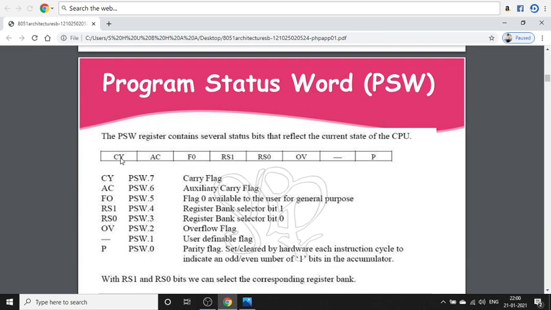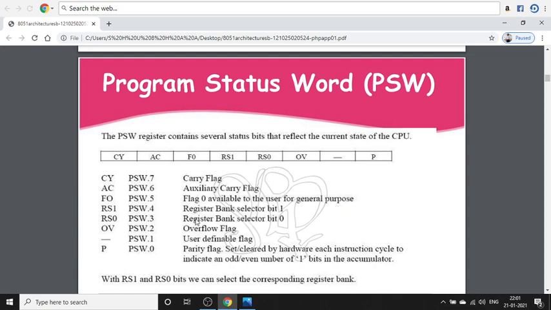Coming to the next one, the auxiliary carry, denoted AC, which we will be discussing. F0 is flag 0, available to the user for general purpose.